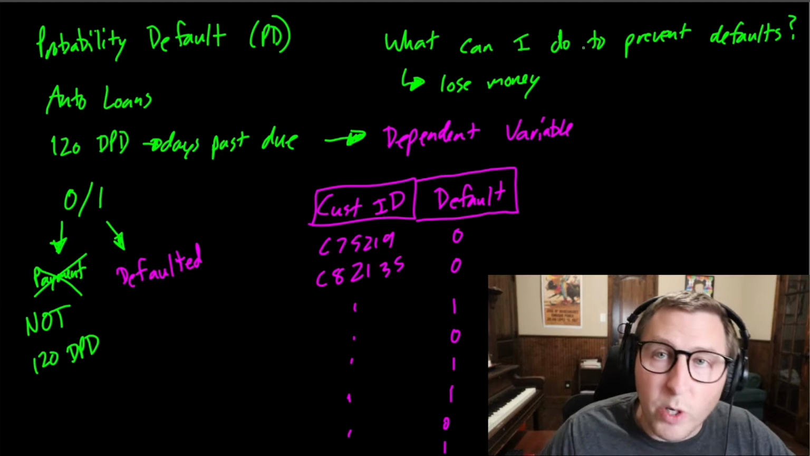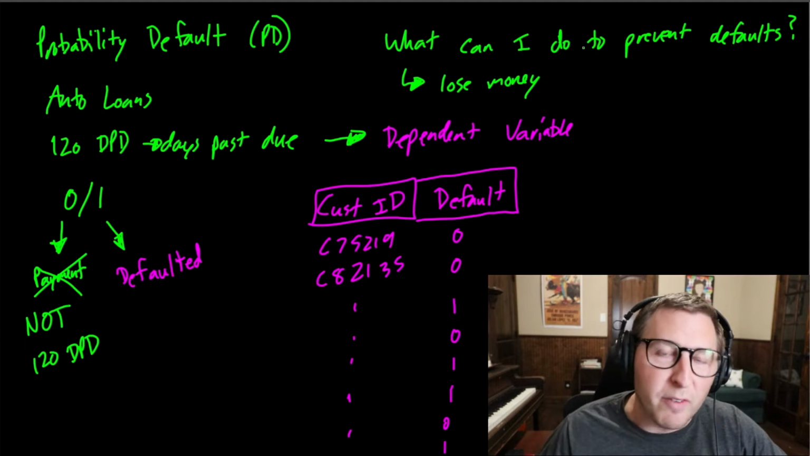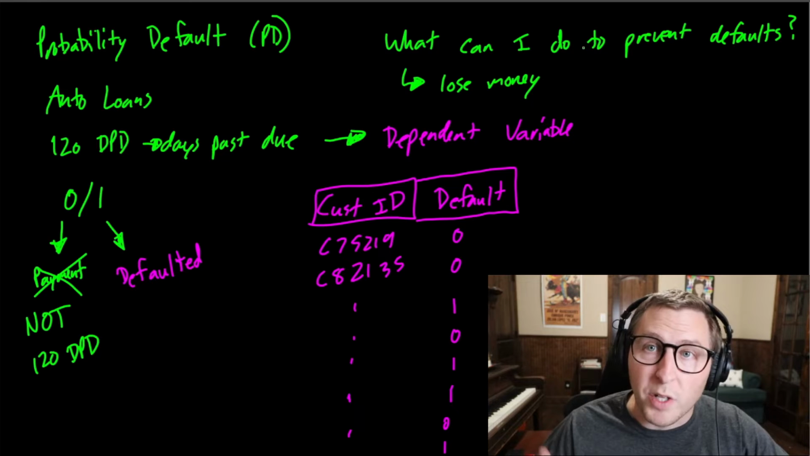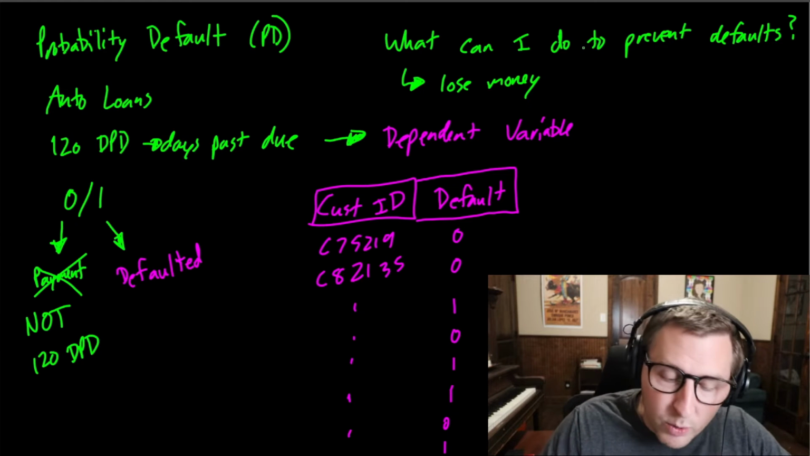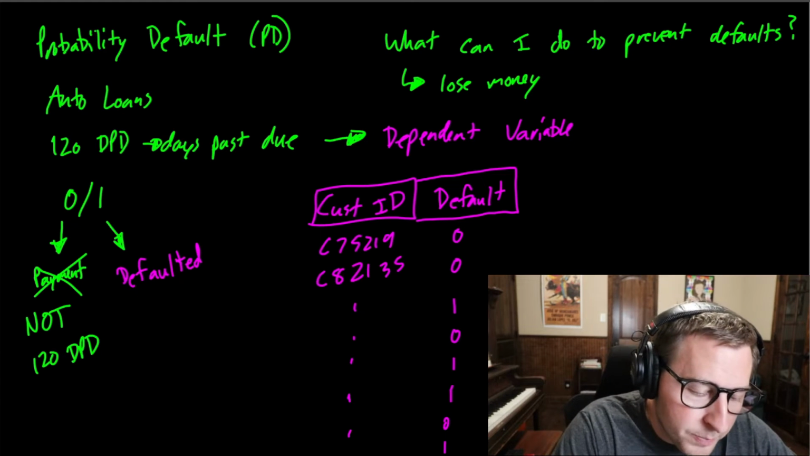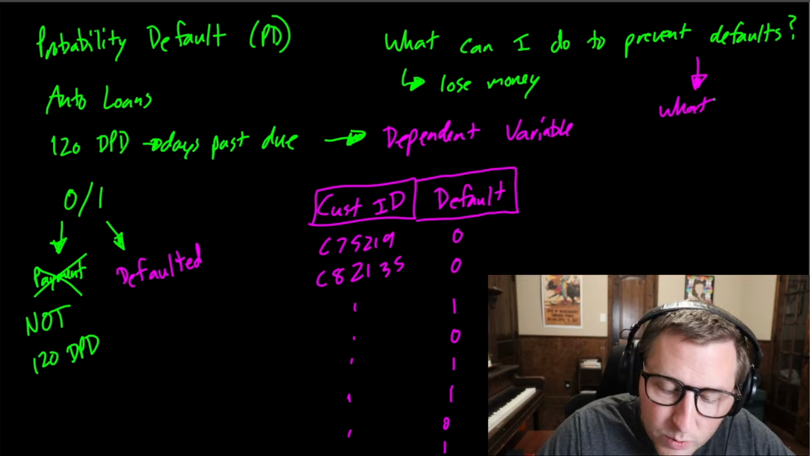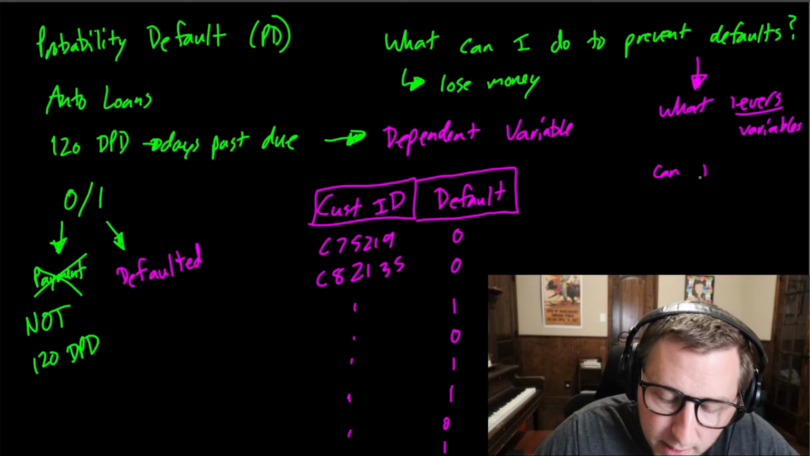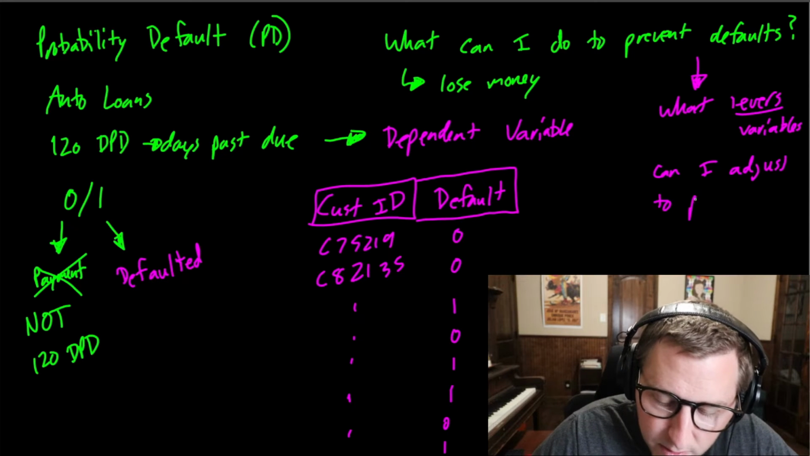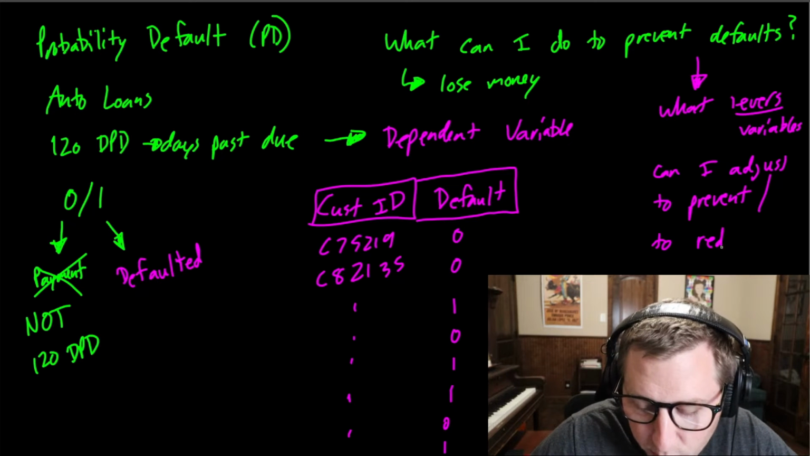So what we want to do is find good customers that are not going to default so that I can have a better profit margin here, right? This is what the business wants to know. Now, the question they really want to know is how can I prevent that? So what they're really asking is: what levers, what variables can I adjust to prevent, or more specifically, to reduce or minimize